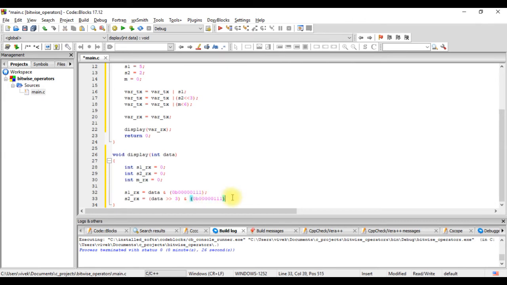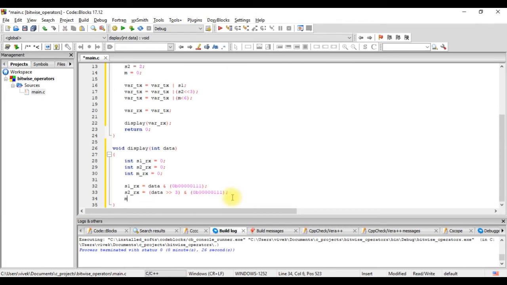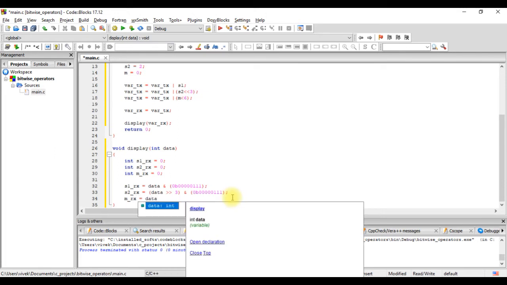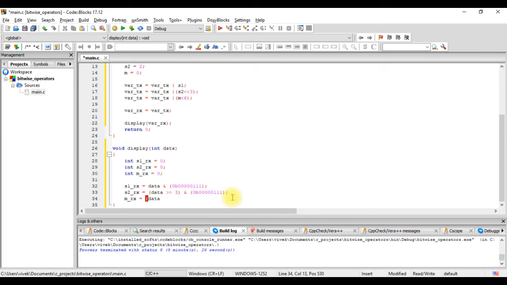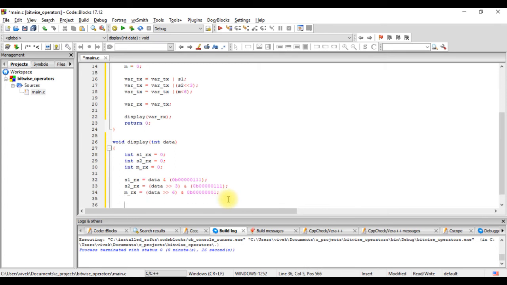We do this, and m_rx equals data right shift 6 times AND 0b00000001. We AND it only with 1 because m_rx is 1-bit data which is occupied in bit number 6. Now let's print this data.